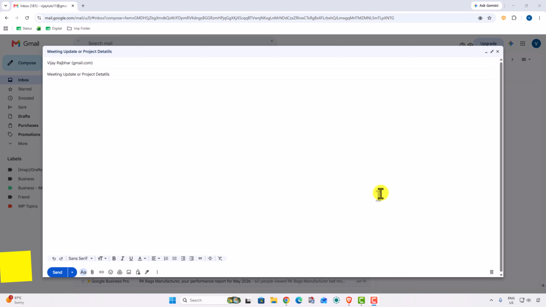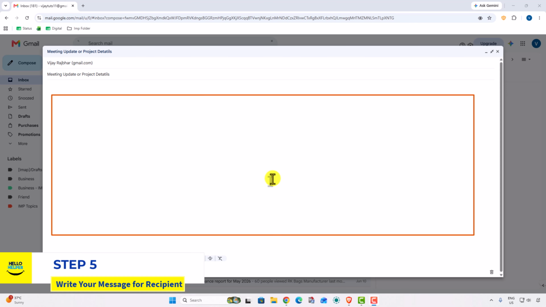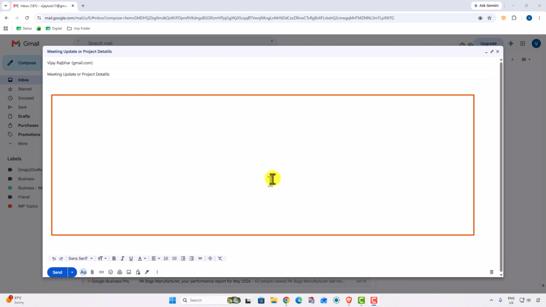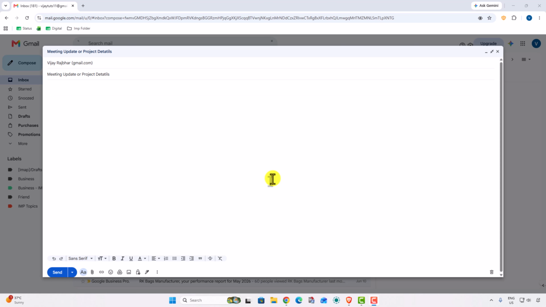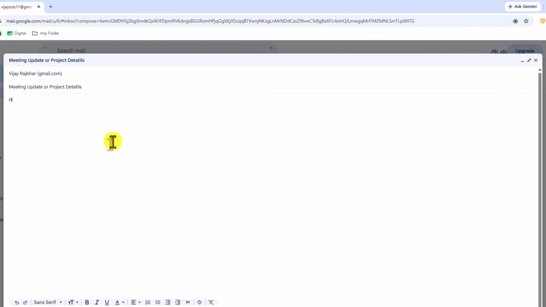Step 5. Write your message. In the large message box, type your email. Start with a greeting, write your message, and finish with your name. Keep your email clear and professional. For example, here: hello sir or ma'am,